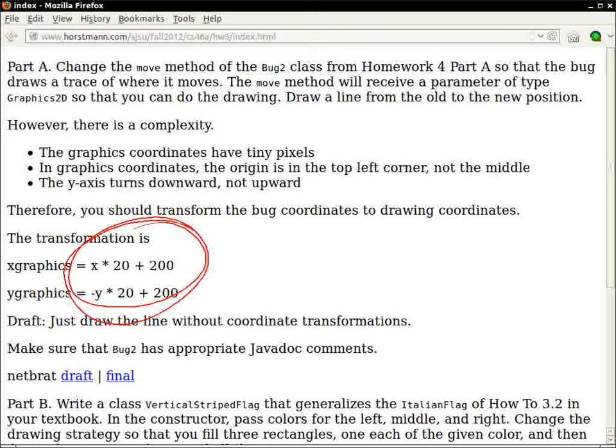These values, the 20 and the 200, where do they come from? I mean, they're just values that I came up with because they seem to be doing a good job. And so in a situation like this, you definitely want to give them some kind of a name. So in your program, you will want to say like x times scale factor